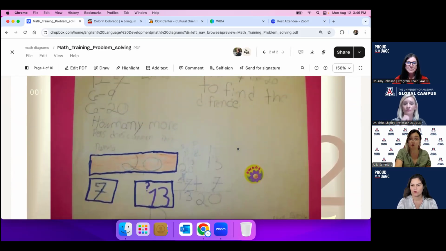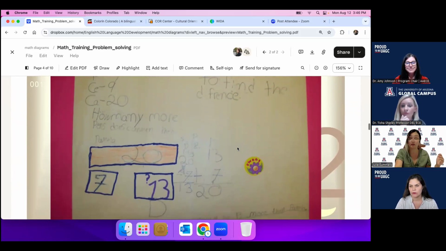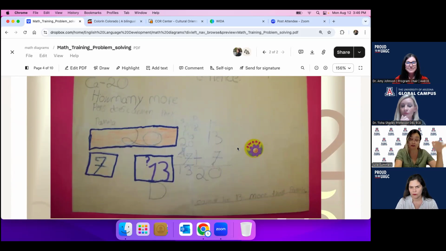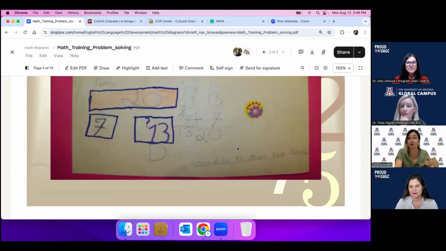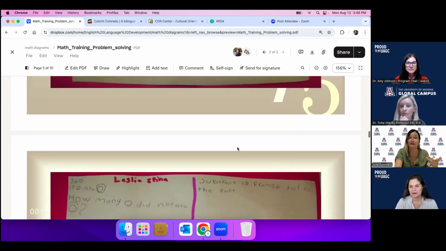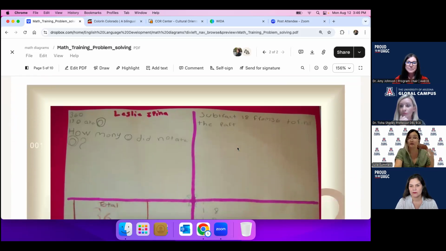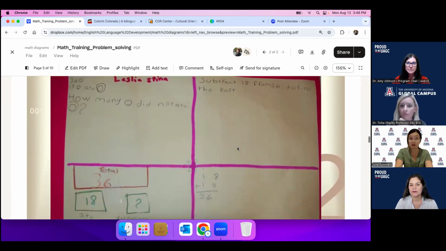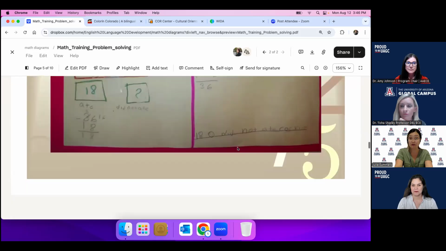Even dyslexic students were passing the exams. The principal invited me to do the training for all the other areas in our district. And the teachers were sharing with me that dyslexic students were passing the state exam. They had so many students passing the exam because of this diagram.